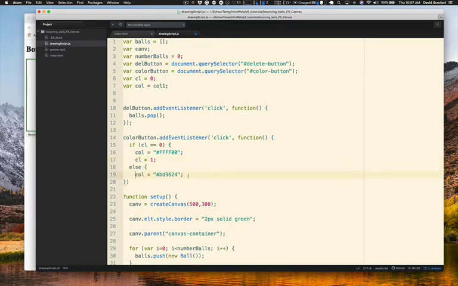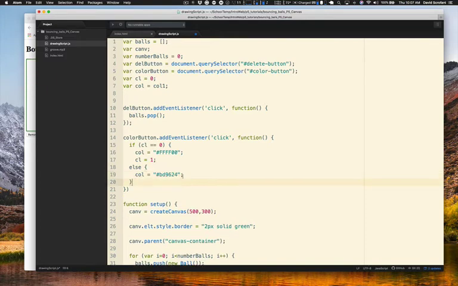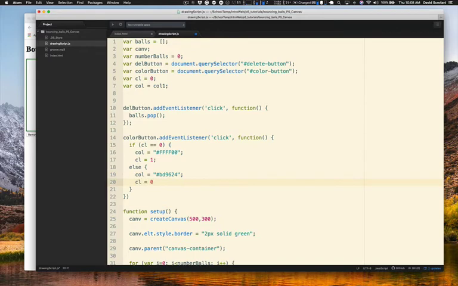So now I have multiple lines in each one of my conditions, and then I would put my cl back to 0 right here. I'm just trying to think of a way to do this that has a better comparison rather than comparing strings. So now I'm just looking at this value right here, which defaults to 0 when I run the program, but then it flips to 1 if I detect it as 0 when I click the button, and it changes the color